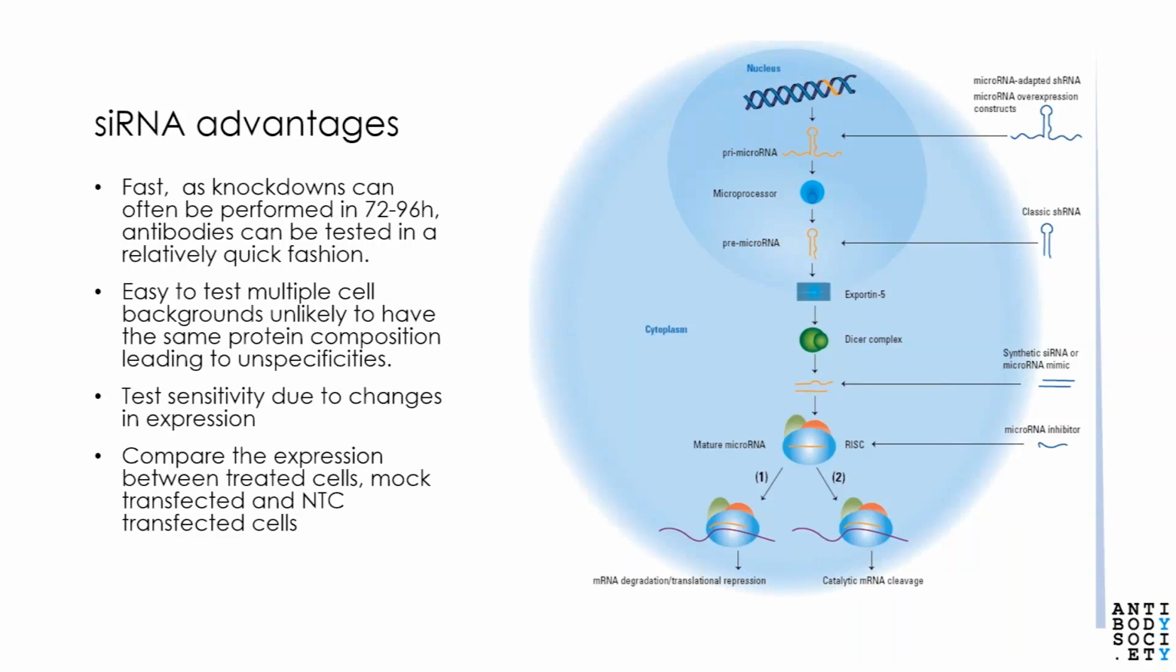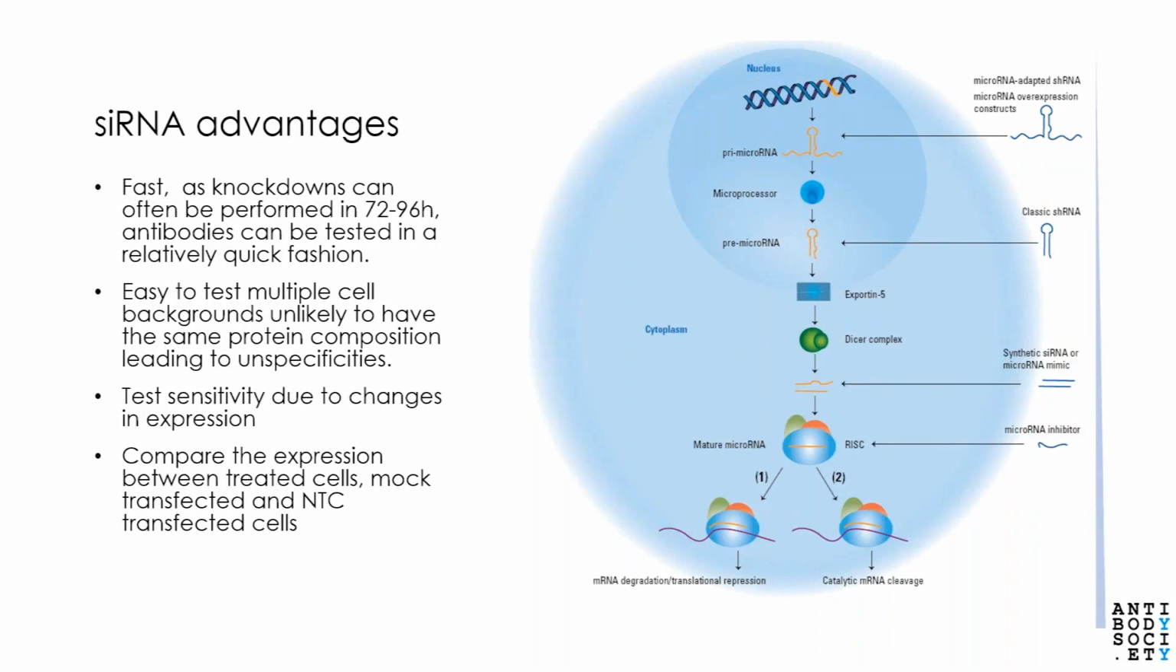So if we look at some of the advantages of siRNA compared to another technique, you'll see that one of the major advantages of using siRNA is that it's fast. What that means is that these knockdown experiments can be performed in a relatively quick manner of 72 to 96 hours. And so for researchers who want to validate their antibodies, in as little as 3 to 4 days, you can validate your antibody of interest for a particular protein using an